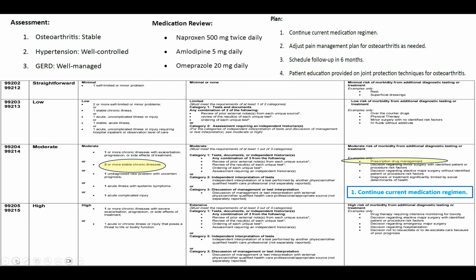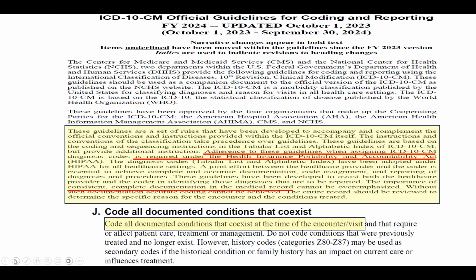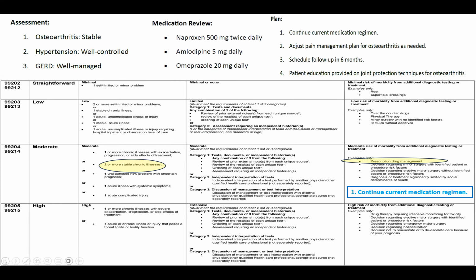No, I'm sorry. I was thinking of another record, so just strike that. So we have prescription drug management, which reaches moderate. We have 2 or more stable chronic illnesses, which reach moderate.